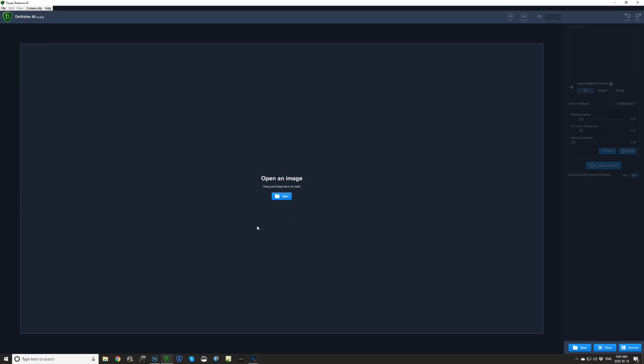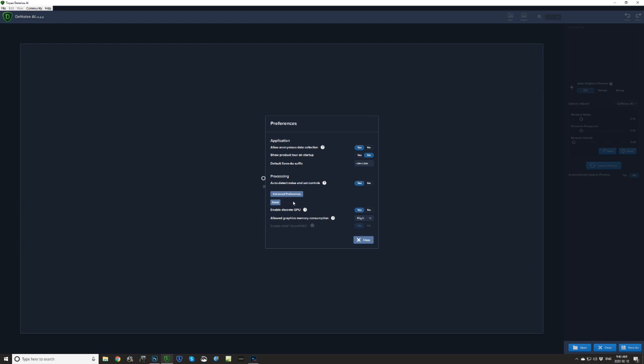The first thing we need to do, though, is to check our settings in Topaz. So you open up Topaz Denoise AI, that's where I am here, and if you go into your preferences and then go to advanced preferences, you can see here that there is something called Enable Discrete GPU. What that means is if you actually have a good graphics card in your computer, it will dramatically speed up the operation of this filter. If you're using a laptop, you probably don't have that option. But